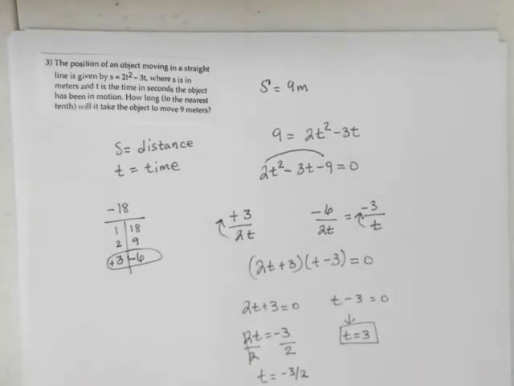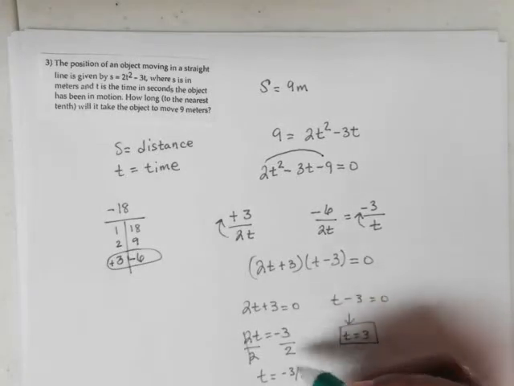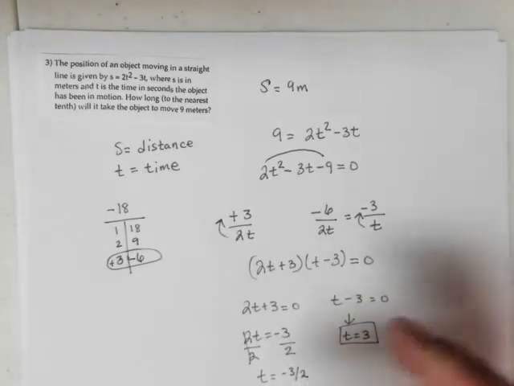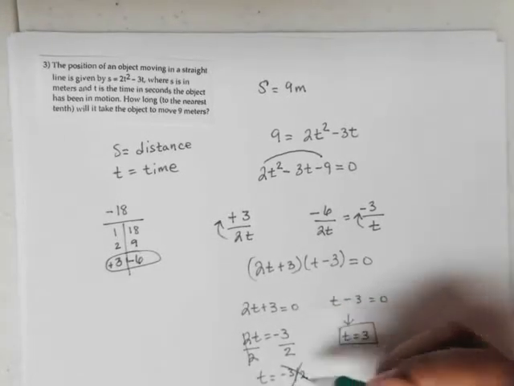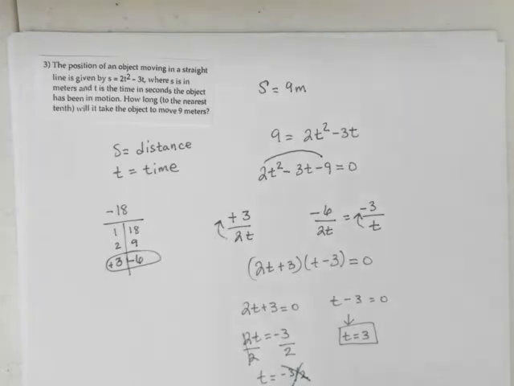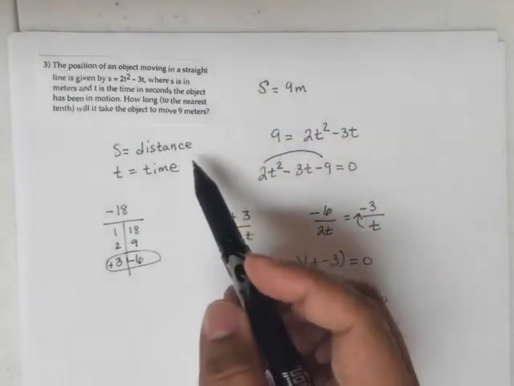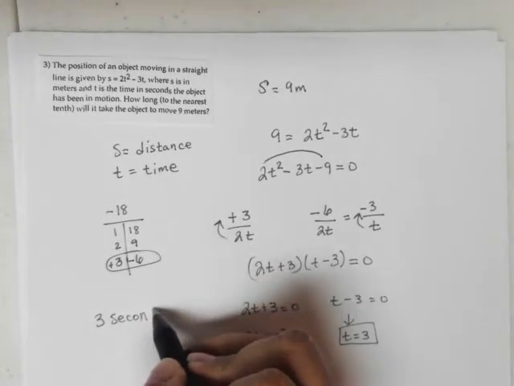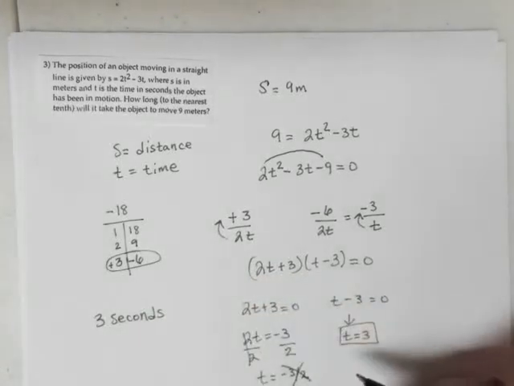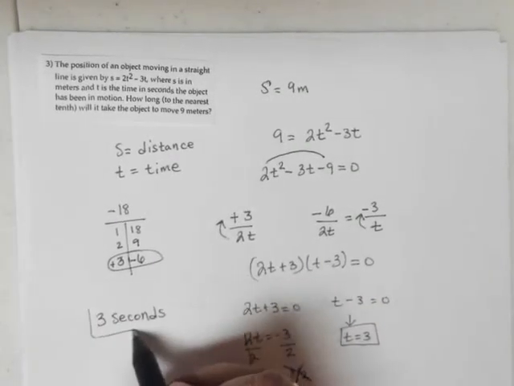But we're looking for how long will it take in terms of time. Can we have a negative time component? Well, maybe in some other physics application, but not here. We definitely lose time, but time is not negative in this scenario. So this could not be an answer. So the answer to the question, how long will it take it to move 9 meters? And the answer is 3 seconds. So the time is measured in seconds, and it'll take it exactly 3 seconds to move a distance of 9